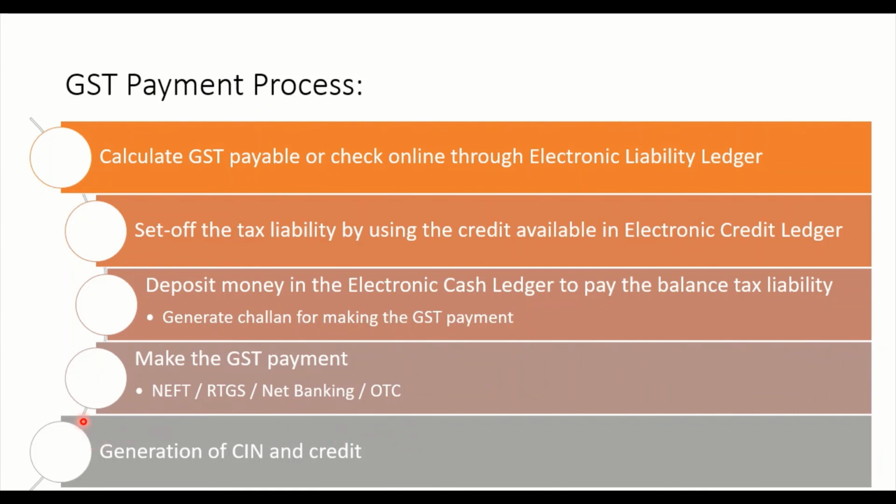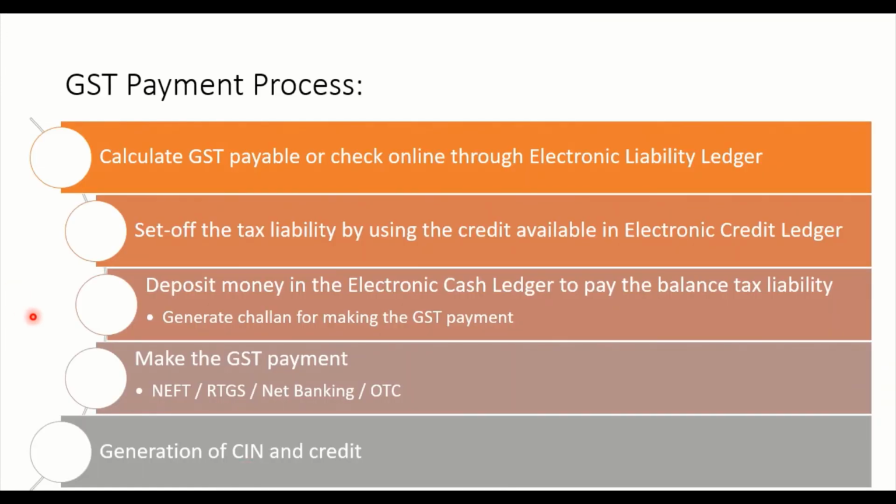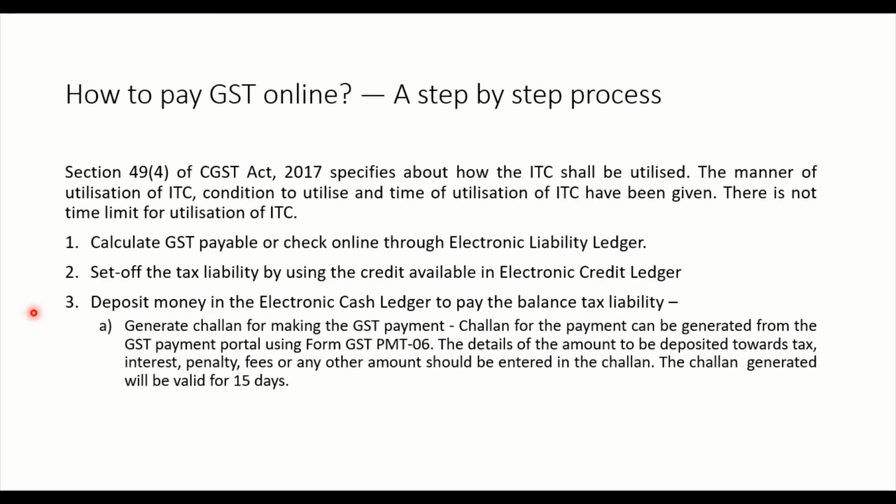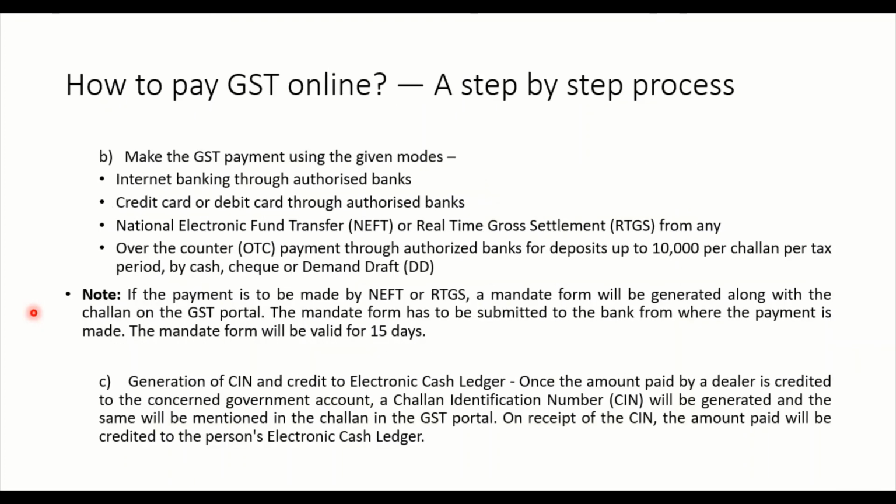This is compulsory. This is an important question for 15 marks as well as for 5 marks. CIN or CPIN can be asked as an abbreviation for 2 marks. So that's all for today's class. We have seen a very important part of your unit number 4, that is the GST payment process. These are the steps. I have explained everything. You have to explain it more in the examination.